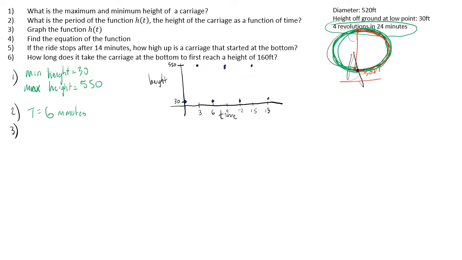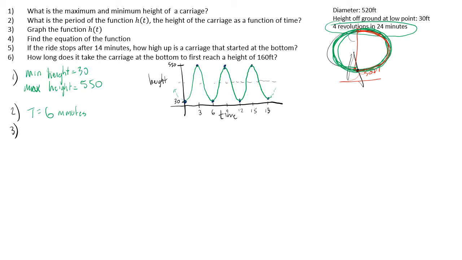And so if I sketch this graph, it's doing something like this. It's going up, it's going down, it's going up, it's going down, it's going up, it's going down, which makes sense. This is just going to keep doing the same thing. It's what a Ferris wheel does. So there's the graph, and something we can actually label on the graph right away is what is this middle line here? Like, how high up is that? Well,